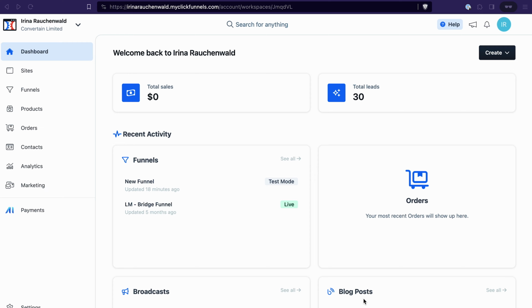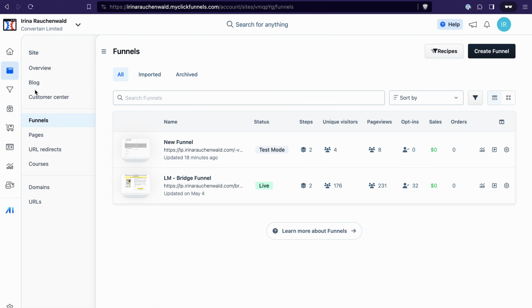We will start by creating a new funnel and all the funnel steps that we need for our affiliate marketing funnel. Here you can see my dashboard of the ClickFunnels 2.0 account. From the dashboard, go to the funnels, click Create Funnel,